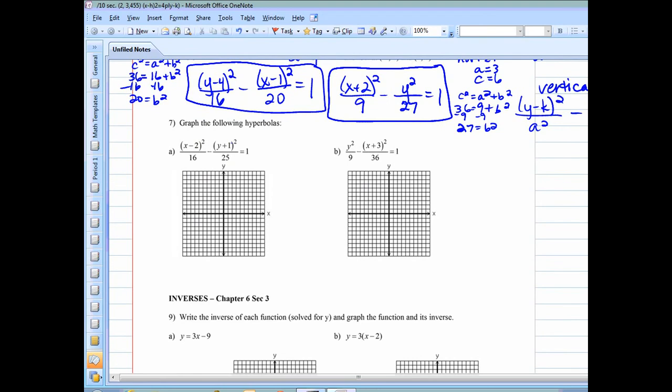The next one's to graph the hyperbola. We have x first, so we know that it is horizontal. We know our center point coordinate would be (h, k), where h is with the x and k is with the y. And then a squared is 16, so a is 4 and b is 5, because a squared is always bottom left, remember. We have 2, -1,